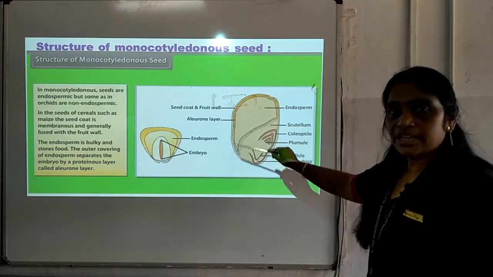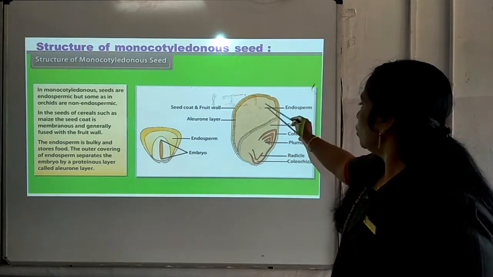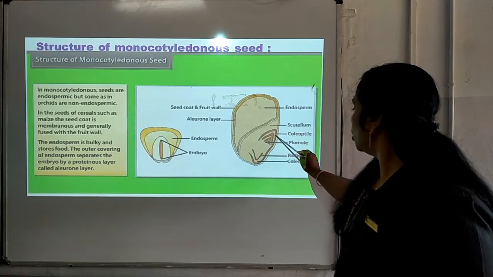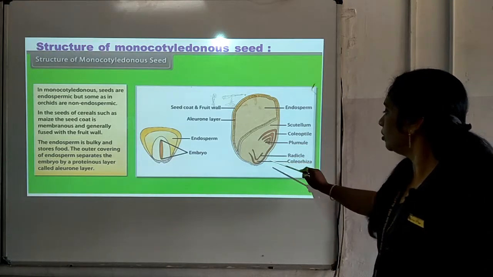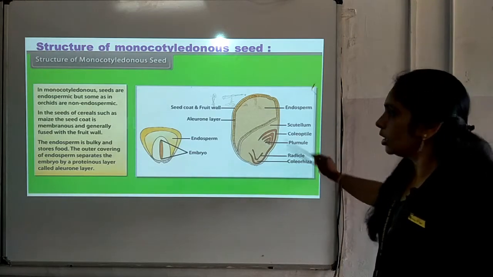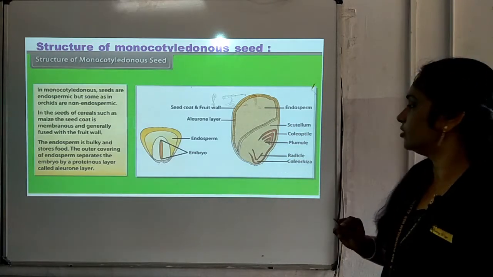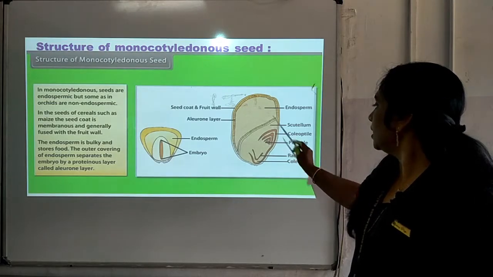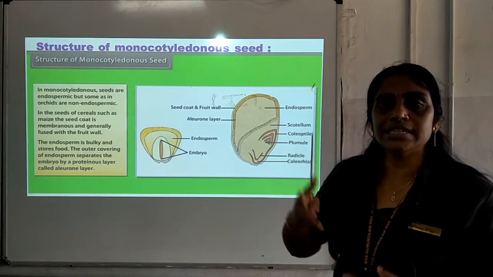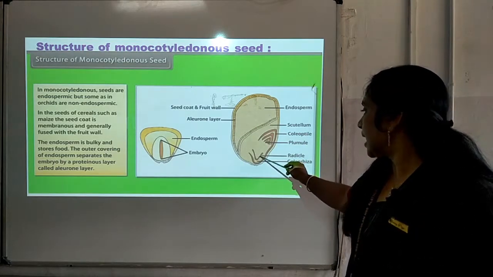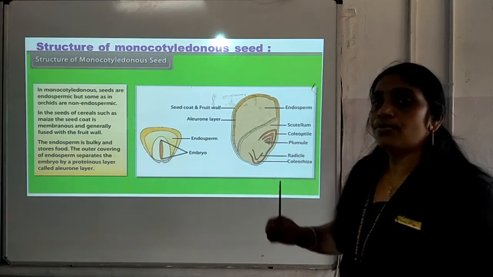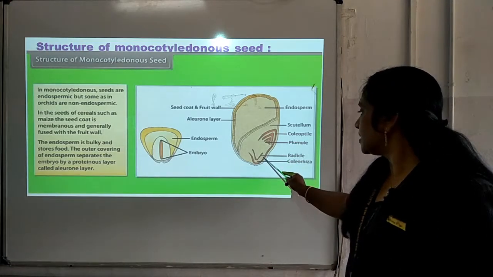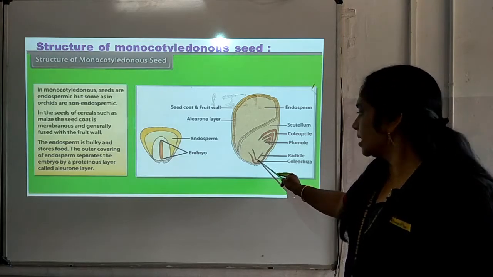In this figure you can see endosperm is this part, this is scutellum, this is coleoptile, plumule, radicle, coleorhiza. This part is very important and this structure is also very important, my dear children. Scutellum you can see here, coleoptile. Coleoptile is a part from where the shoot system arises, and this coleoptile is a protective layer for the plumule, and radicle is present here, it is being produced here at the base,